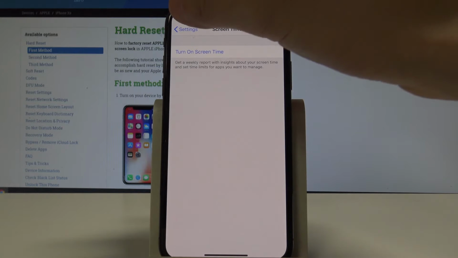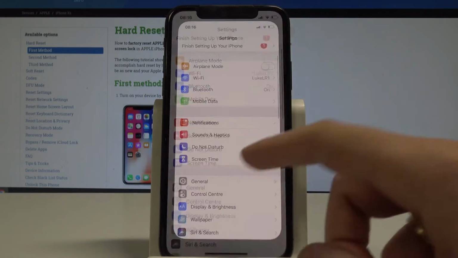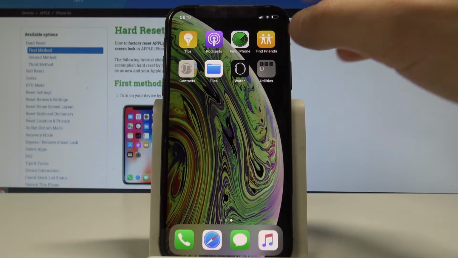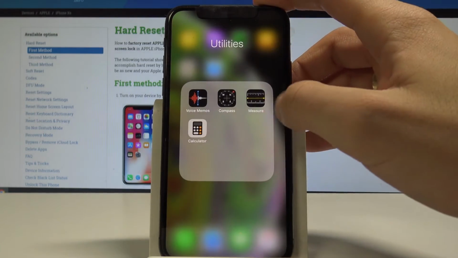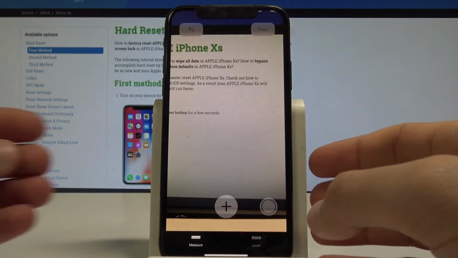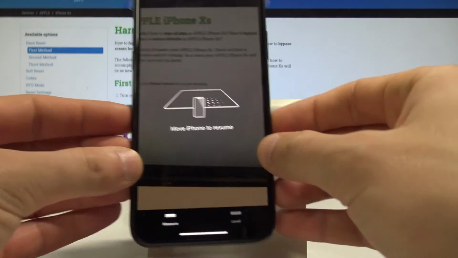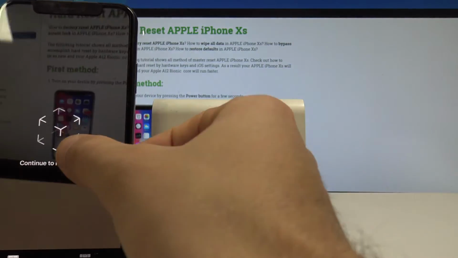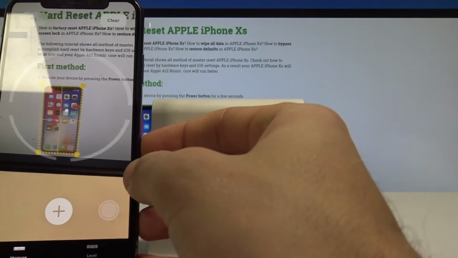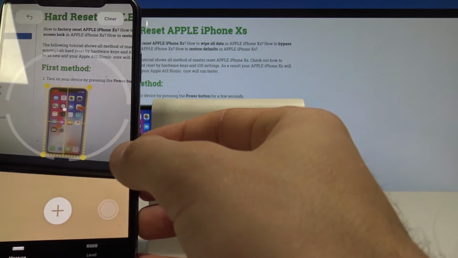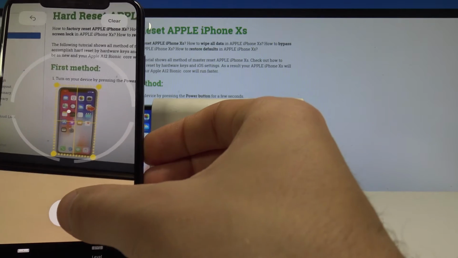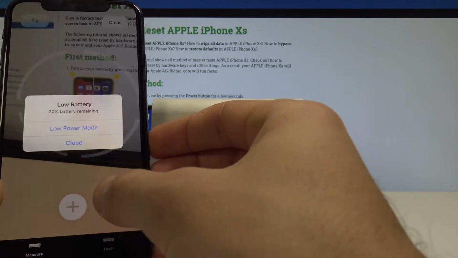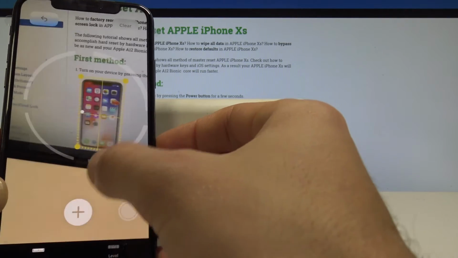So let me show you the measure feature. So let's open the utilities and choose measure. As you can see right now, you can measure things on your device. For example, you can find some object and you can measure it. Here we've got the following object. Let's just use this plus key right here,